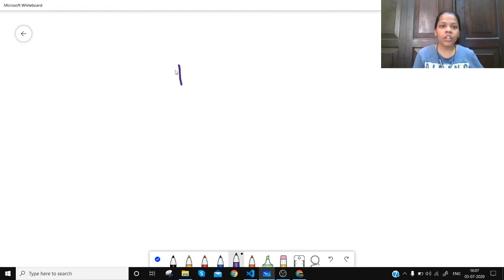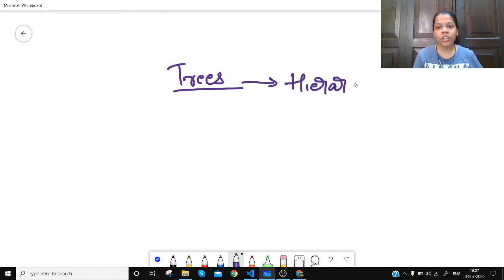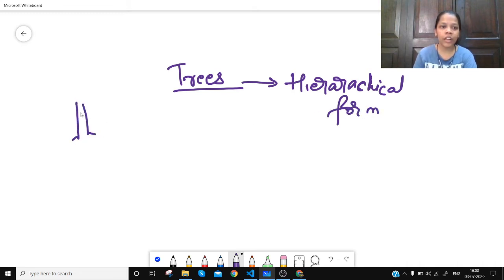Trees as a data structure are something to store hierarchical form of data. Like in real life, we have a tree with the stem and then the leaves.